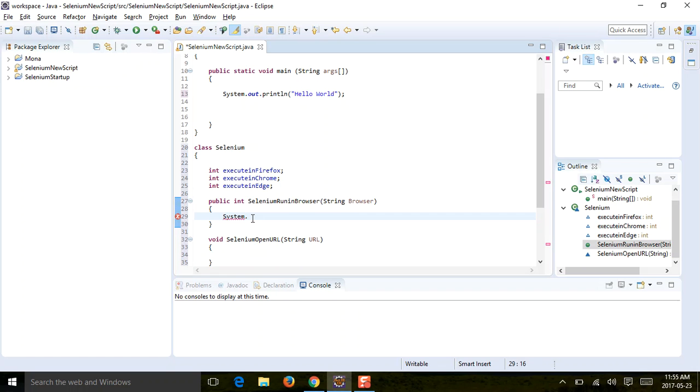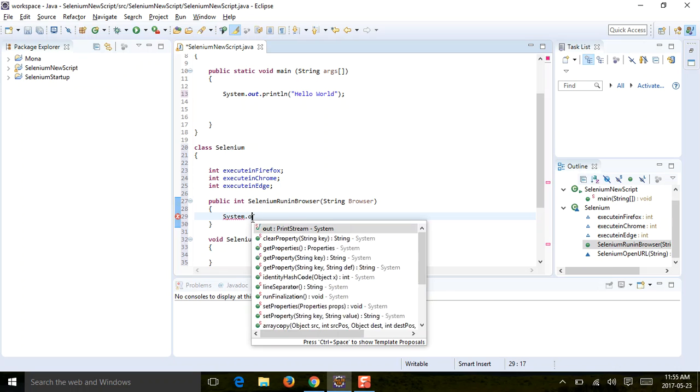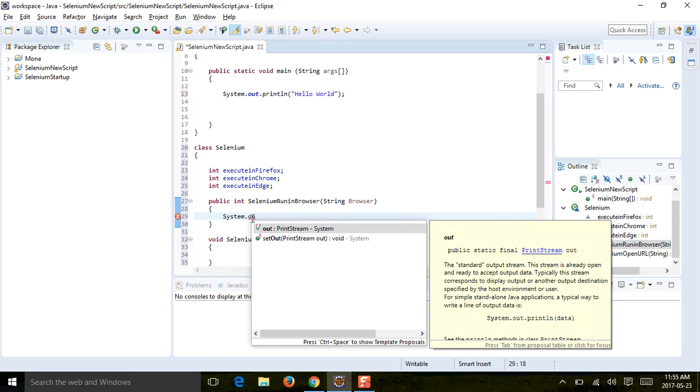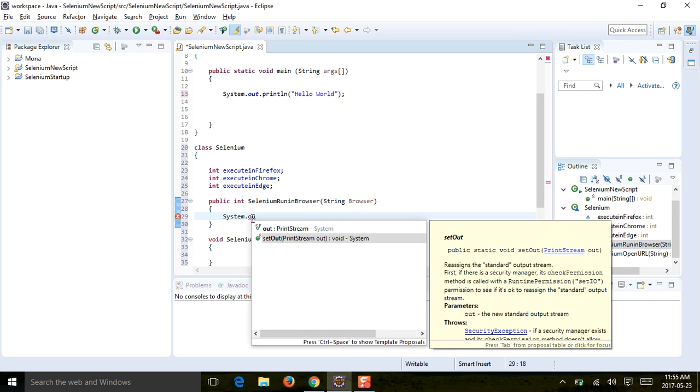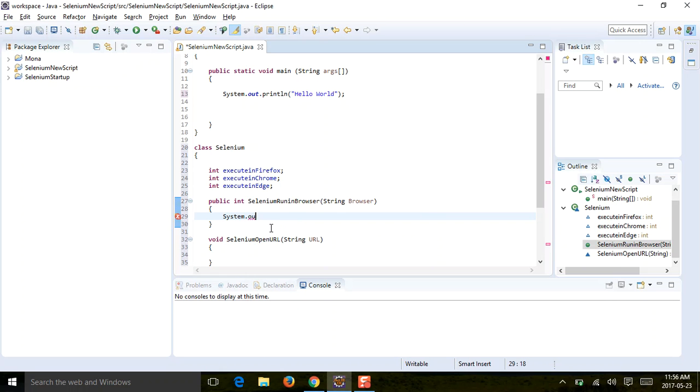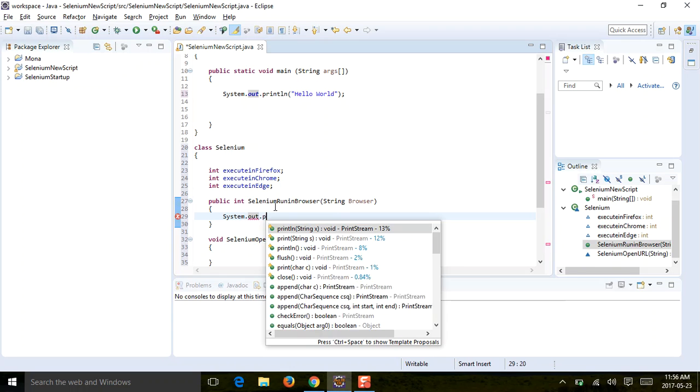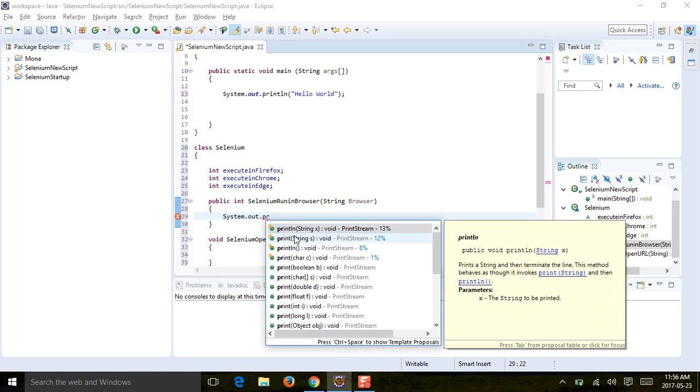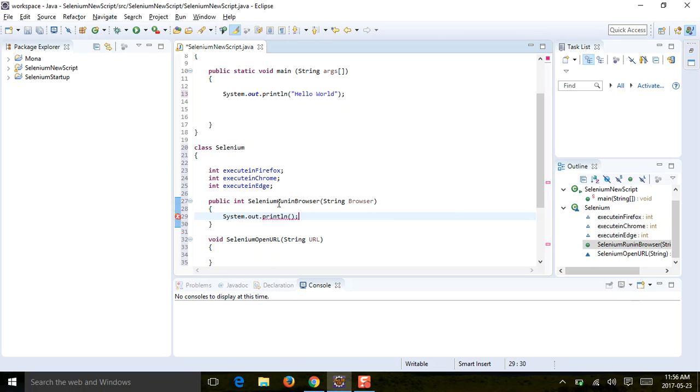So now I'm just going to define a statement here, System.out. It's very neat to use the IntelliSense. It's very beautiful to use it because it writes very quick, and you know that you are not making any syntax errors. Saves a lot of time, and you may avoid spelling mistakes. So we will execute our